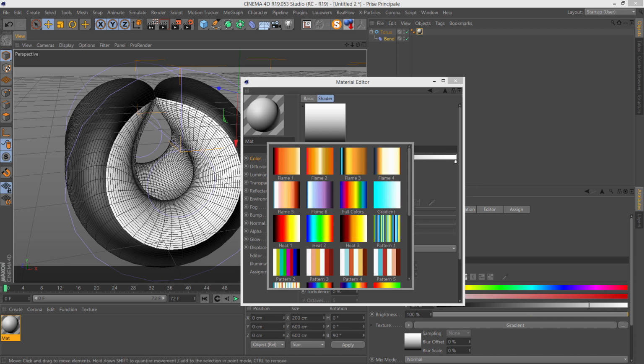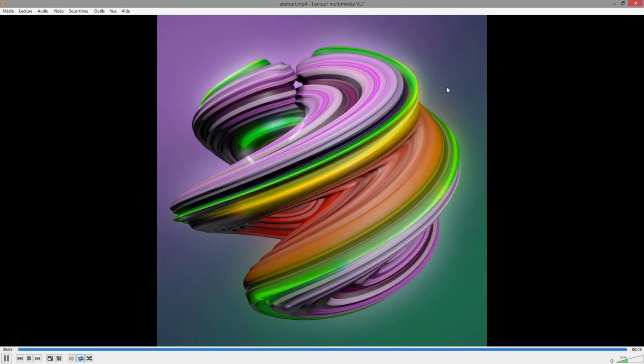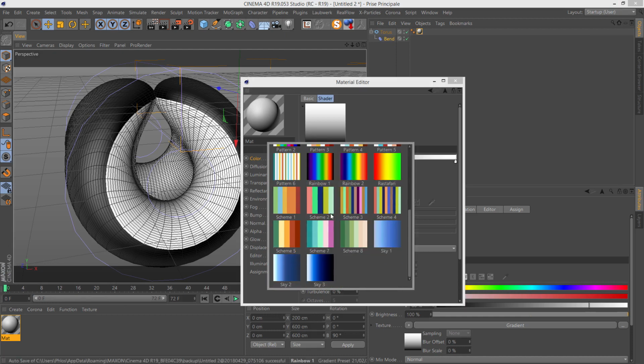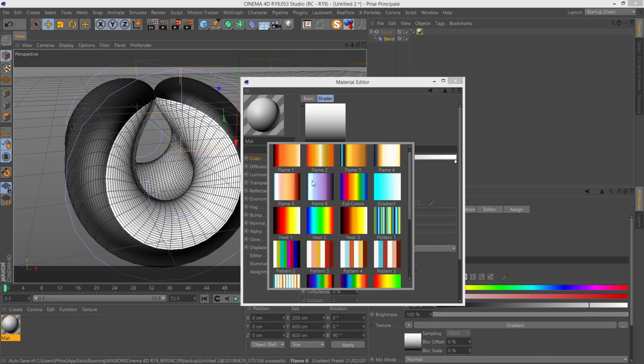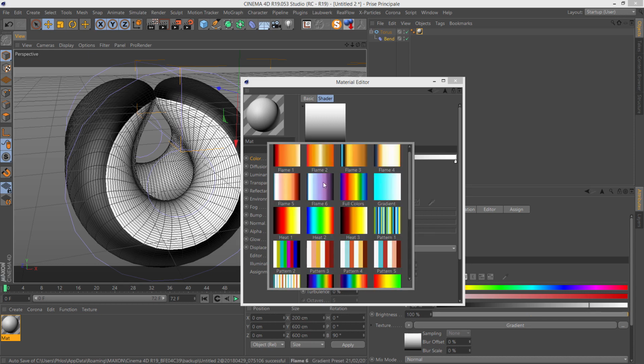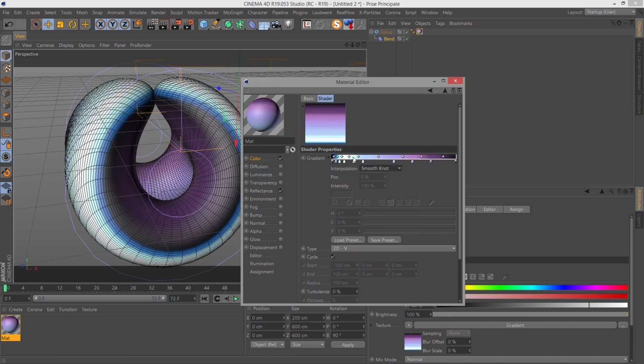In the demonstration I choose this preset color, Flame 7. But here for testing, I will take Flame. If the result is not good with Flame, maybe take this one, it will be better. But I will try this one maybe.